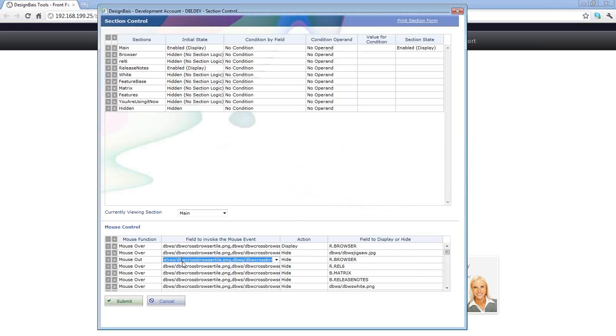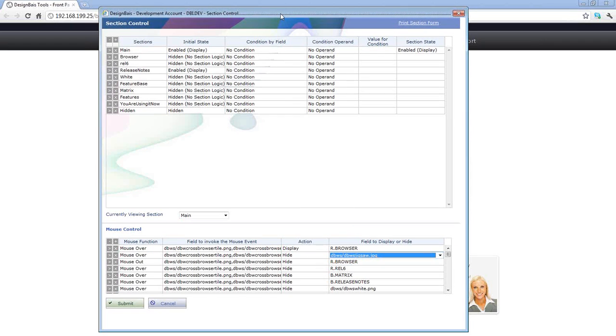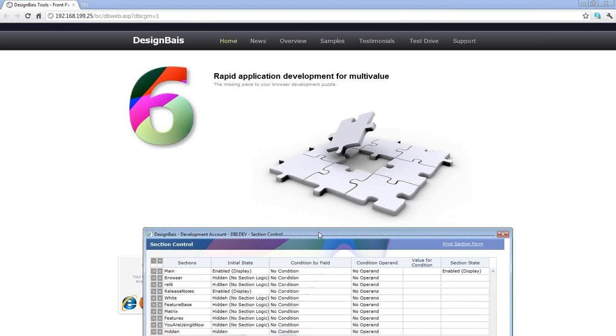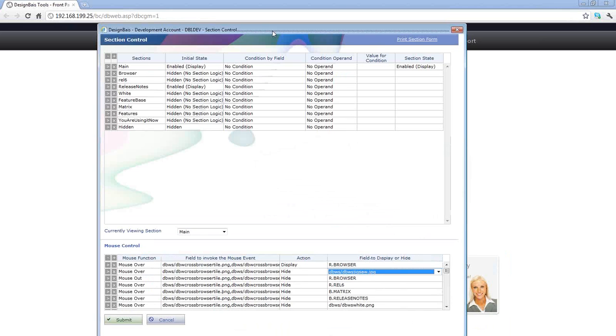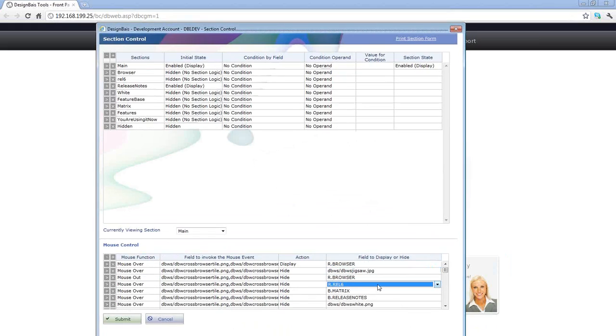So as I mouse out of that, there's the hide for the r.browser. And you can see that as I mouse over that, I'm also hiding the jigsaw, which is this image here, and doing a whole lot of other hiding of the other controls that may be there at that particular point